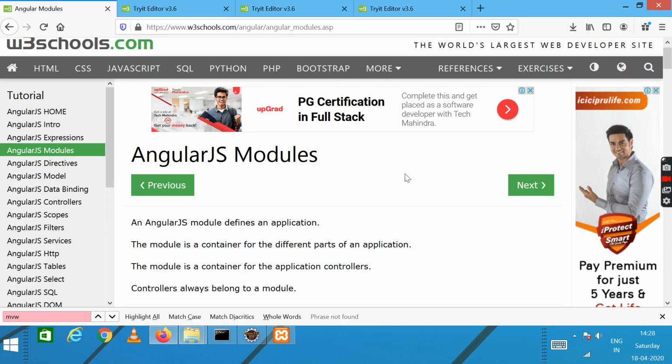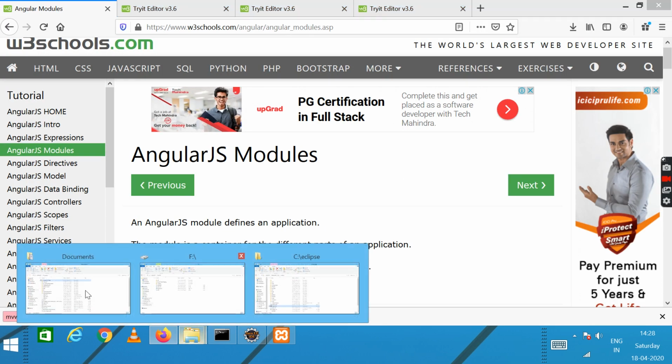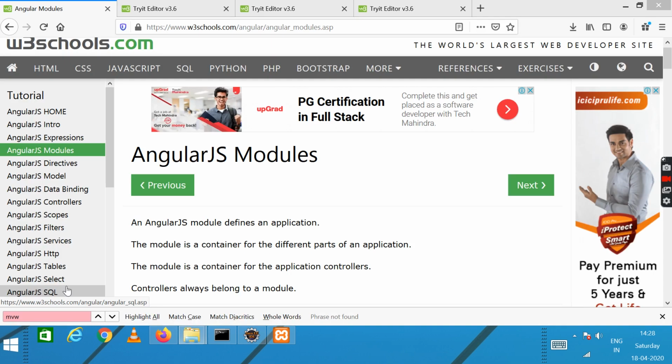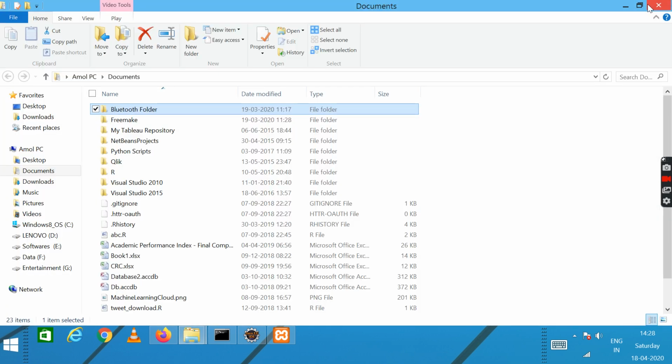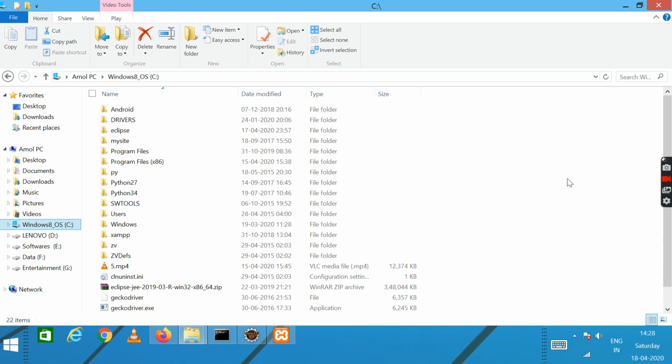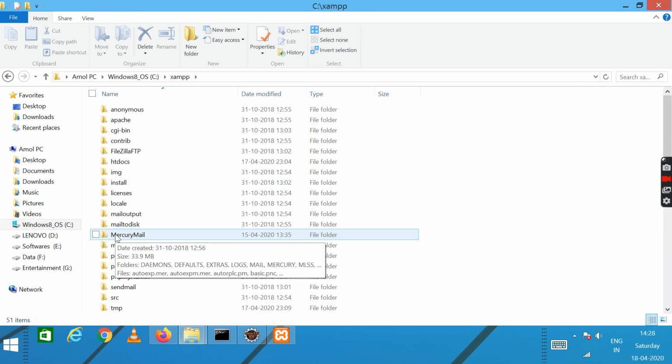Again, this assignment we can do on XAMPP. So we'll go ahead with the assignment part. I have XAMPP installed. Last time we saw that XAMPP is installed.